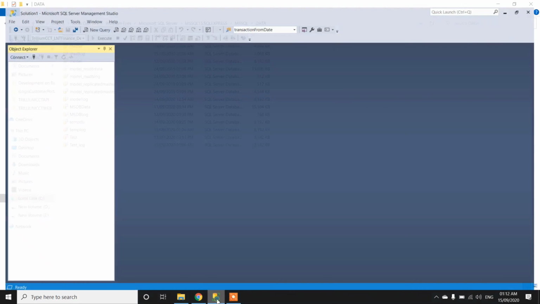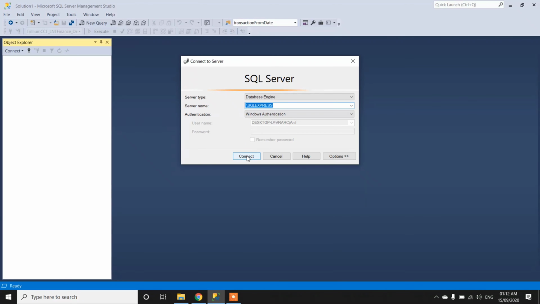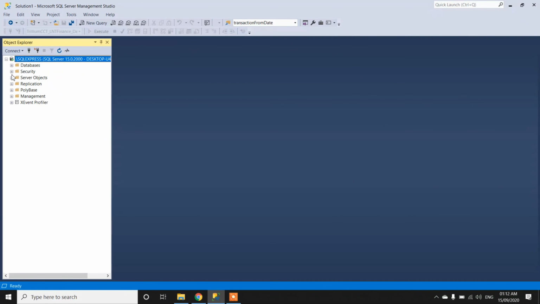So let's see. In SQL Server Management Studio, first let me connect to the database. I have only one database with the name test, and the existing system databases, that is four types: master, model, msdb, tempdb. These system databases already exist in all SQL Server Management Studio installations.